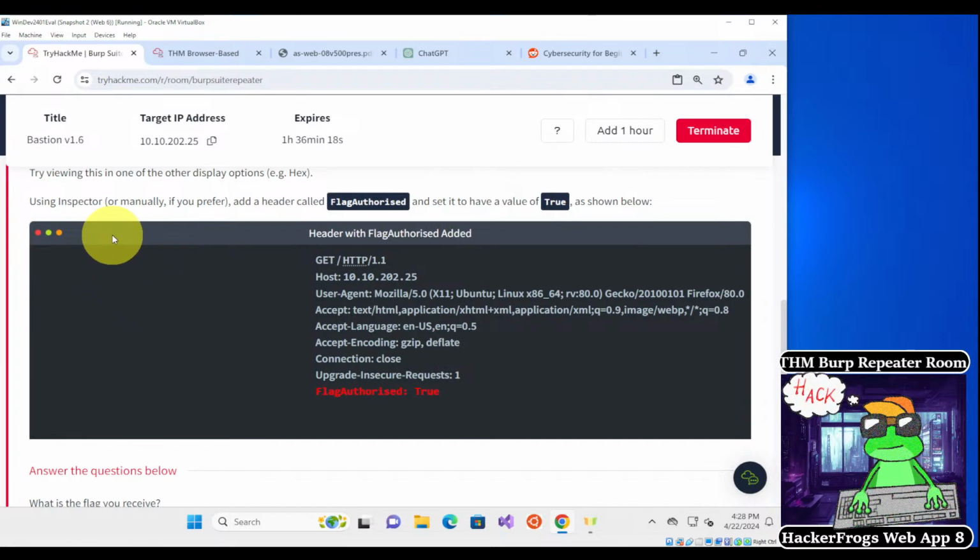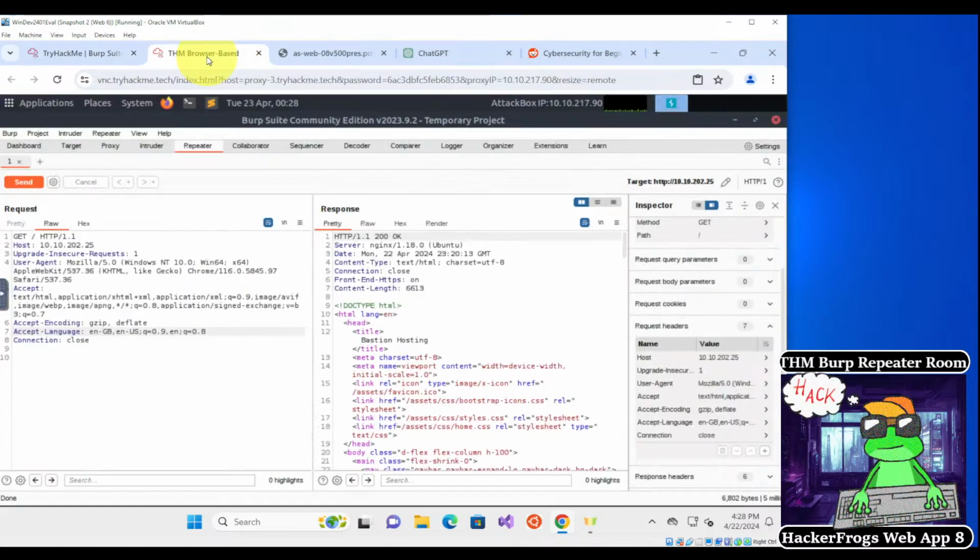So using Inspector, or manually if you prefer, add a header called flag-authorized and set it to the value of true, as shown below. Okay, so we're going to make a modification to our request to the landing page. We can copy this flag-authorized text right here, and then we can set it to true inside of the Inspector. So let's go over to the attack box,